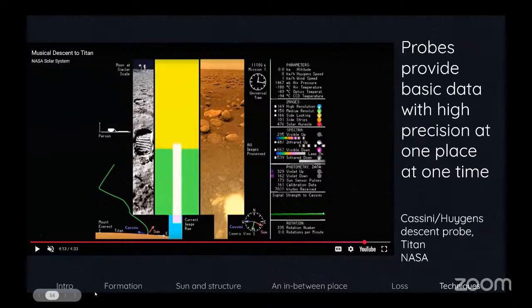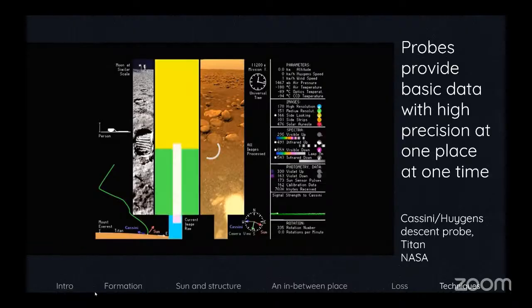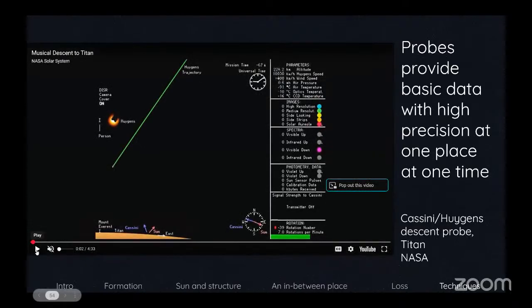Okay, so probes are great. They give you really detailed information, but at one place and at one time. So the probe went onto the surface and recorded the descent profile and then recorded for a little while. I'm actually not sure how long it lived. I can't recall, but the data set is pretty limited and it didn't move around or anything. It was just limited to where it landed. And it didn't burrow down or anything, although that would have been super cool. Okay, I think I have just a few more slides here.